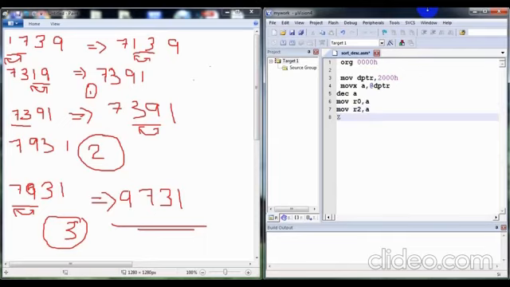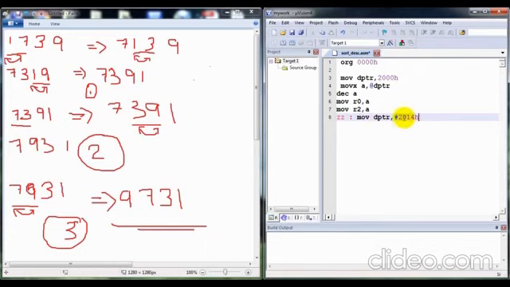Then we give the loop label ZZ, MOV DPTR, #2014H. We are giving 2014H to DPTR.